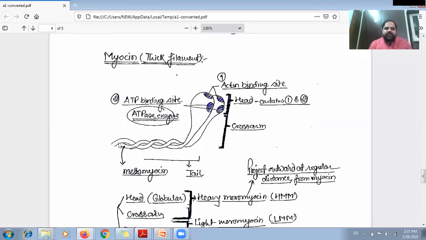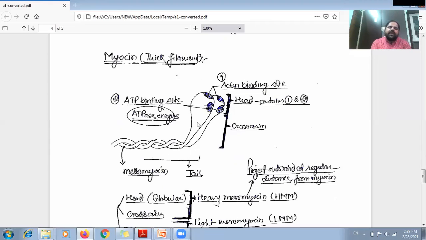So here we can see again there is a two helically arranged structure which appears like a rope, and at the end of both the ropes there is a lobular or button shaped structure. So we can see these rope-like helically arranged structures, and these helically arranged structures which are present in the pair are called meromyosin. We are just seeing the tail of this structure here, and this tail-like structure,